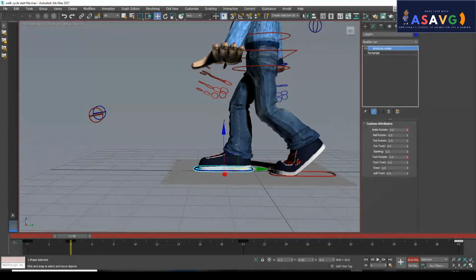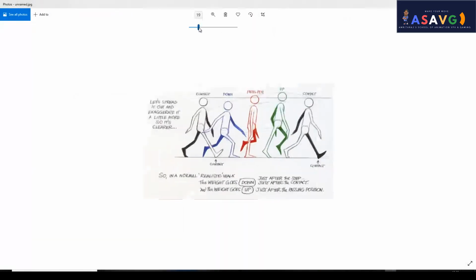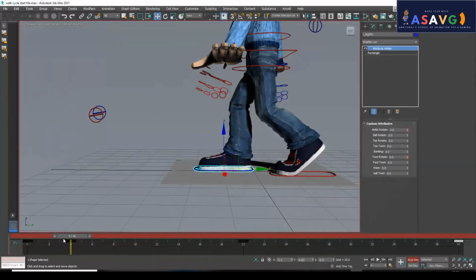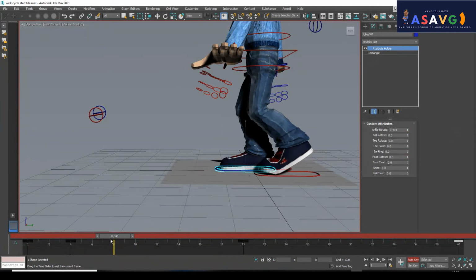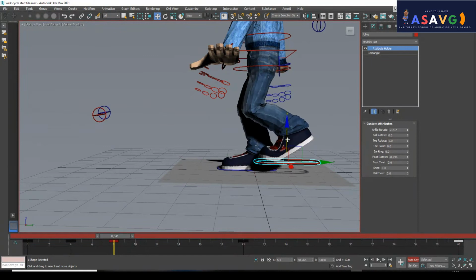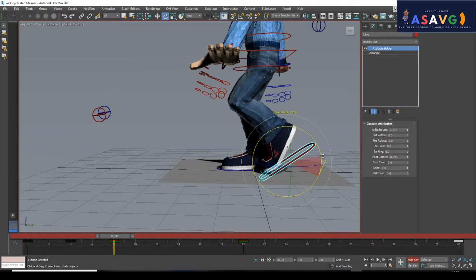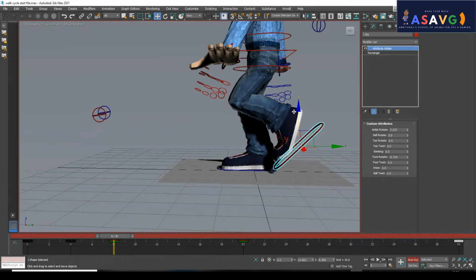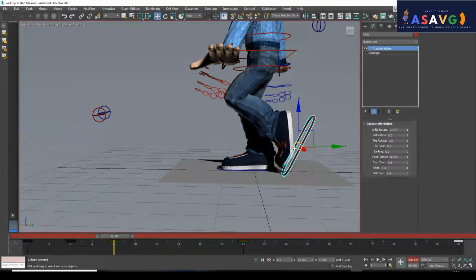Okay, after that the third pose, it is a stretch and the leg part has a little bit of rotation backward. Okay, then I will go to the eighth frame, select this and just drag like this, and I make a little bit of rotation for the leg on the back side, just back.